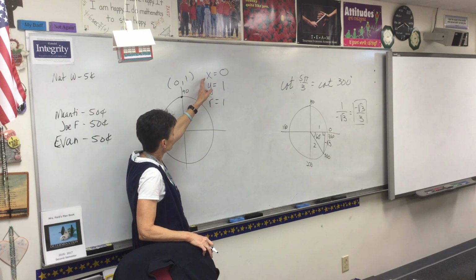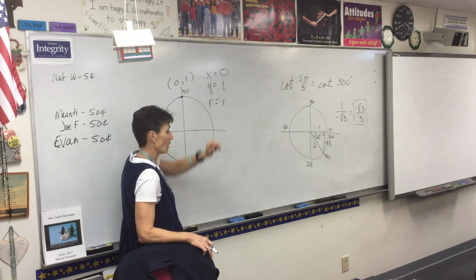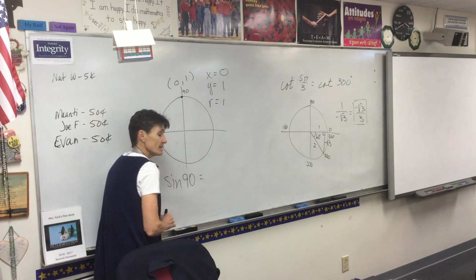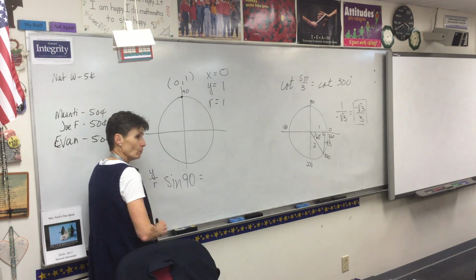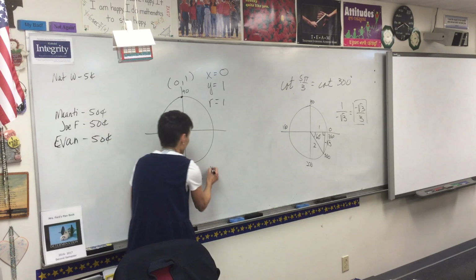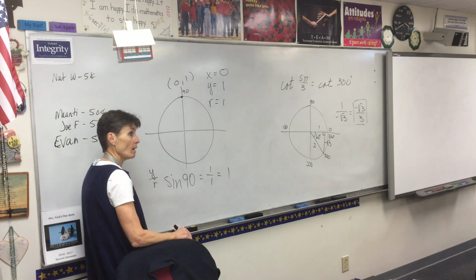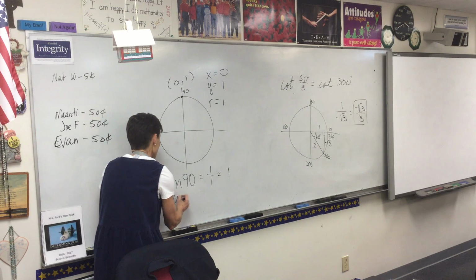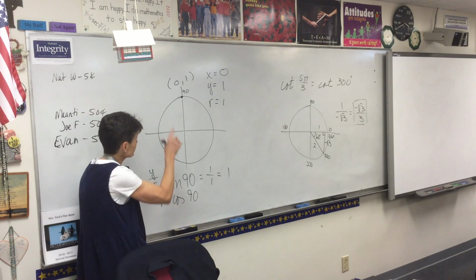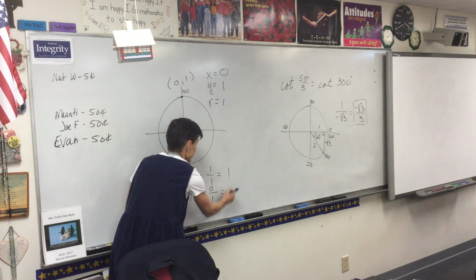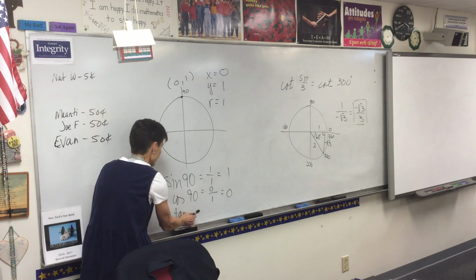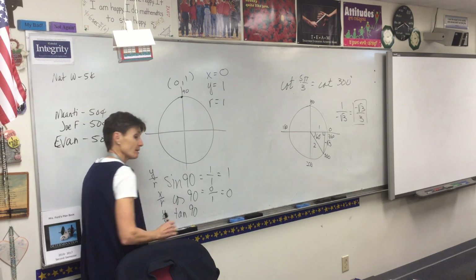Now if I know that x is 0, y is 1, and r is 1, then I can tell you what the sine is. Because I know sine is y over r. So y over r would be 1 over 1, which is 1. And cosine is x over r, which is 0 over 1, which is 0. And tangent is y over x,